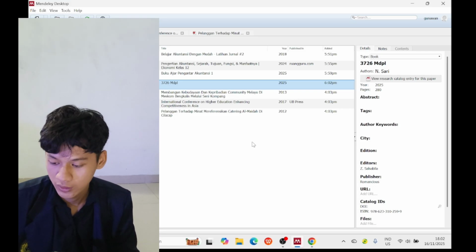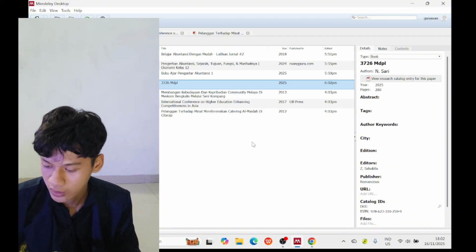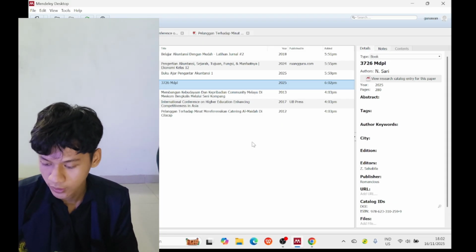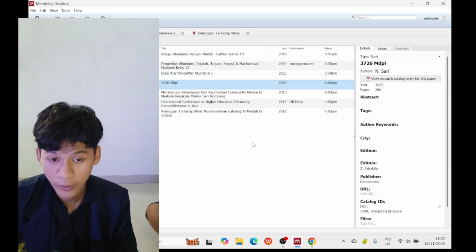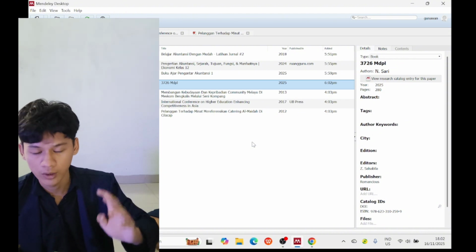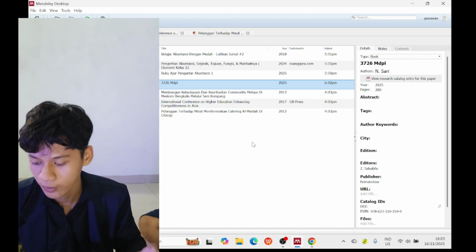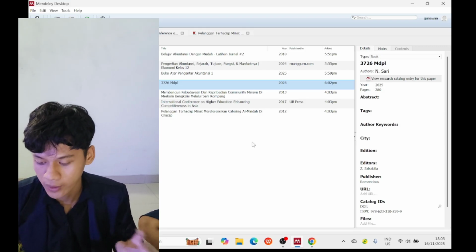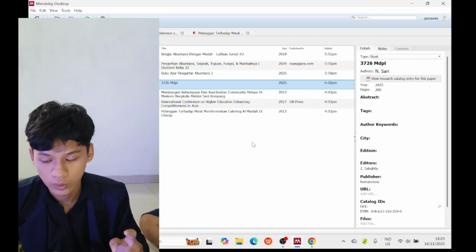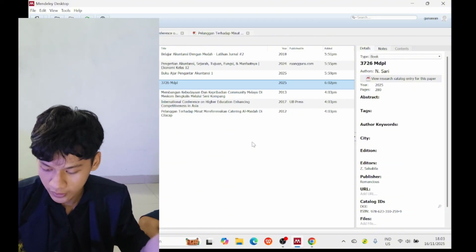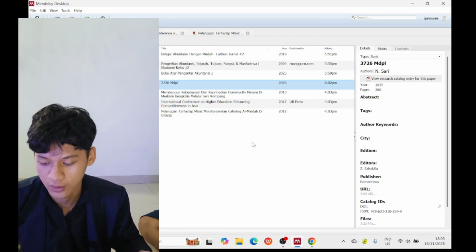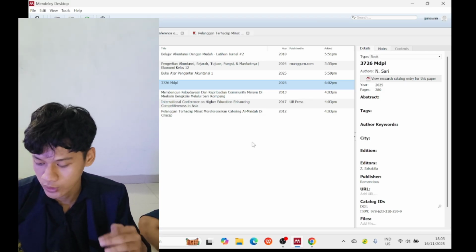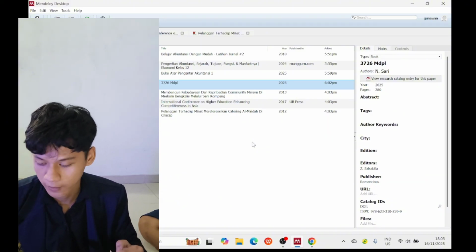For example, from my journal article, the original sentence is: accounting information helps managers to plan, control, and make better decisions. I want to use this idea in my assignment. If I copy it exactly, I must use quotation marks. But if I paraphrase, I can say, according to the name of author and the year, accounting data support managers in planning, controlling, and improving their decision making. Here I change the structure and some words, but the meaning is still the same.